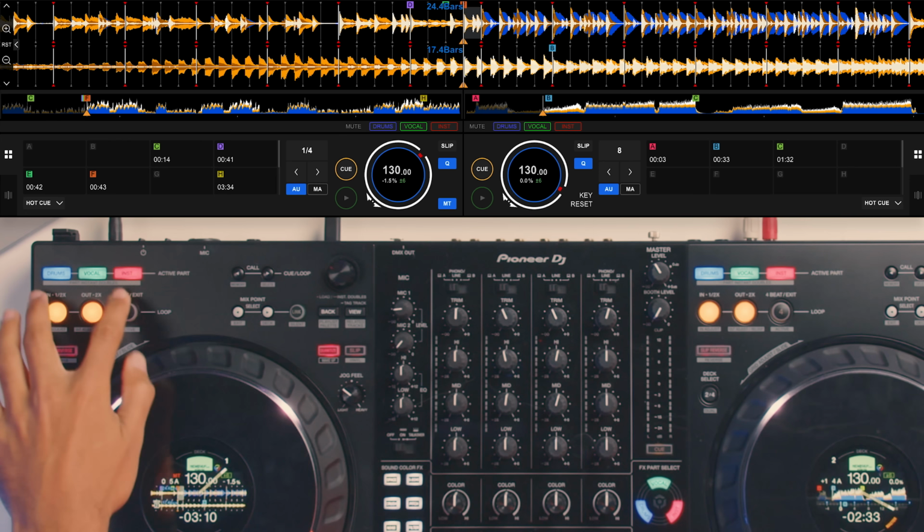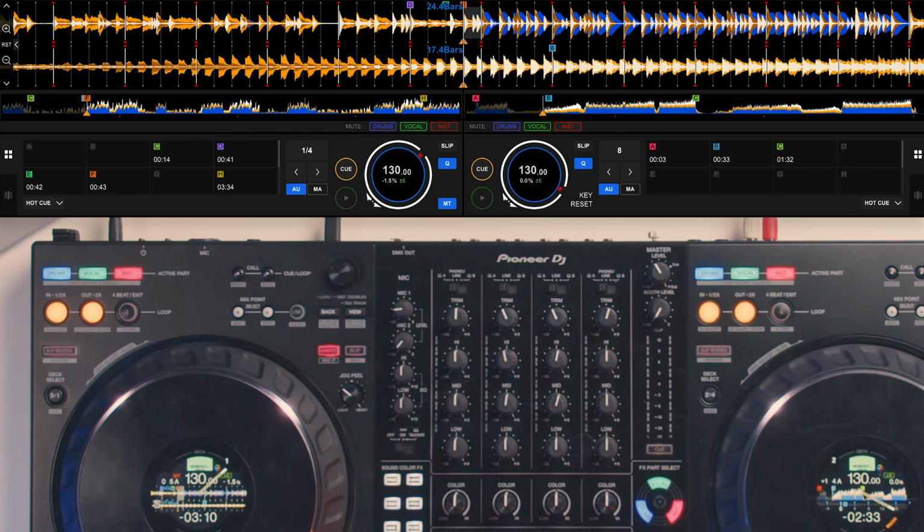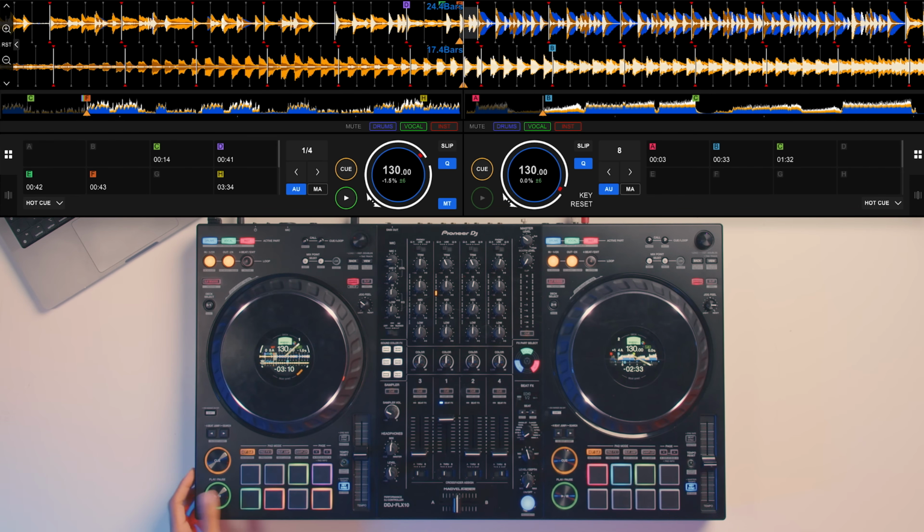And I'm going to use my stems up here. You can use yours on the software. If you don't have access to something like a Flex 10, you can just click the buttons on the software. But what we're going to do is create a big dramatic build-up. We're going to use the stems and loop a vocal section, creating tension and taking this transition up a level. So as this track's playing,